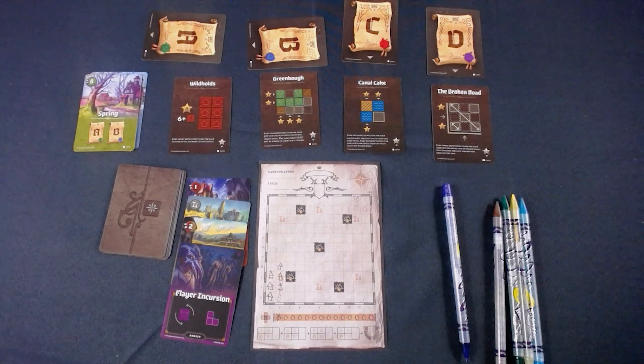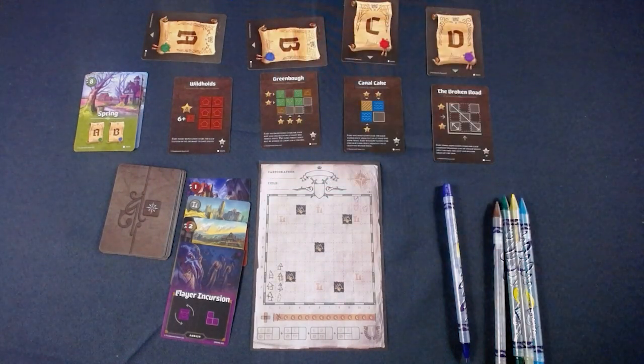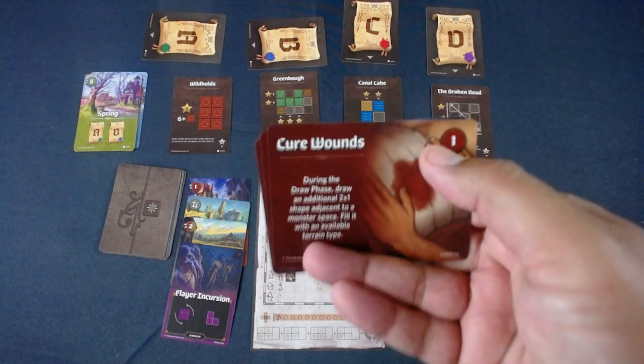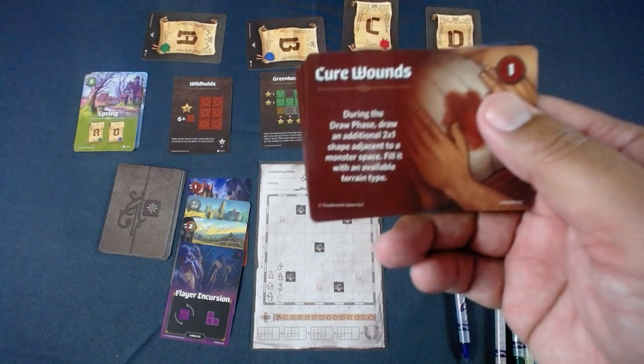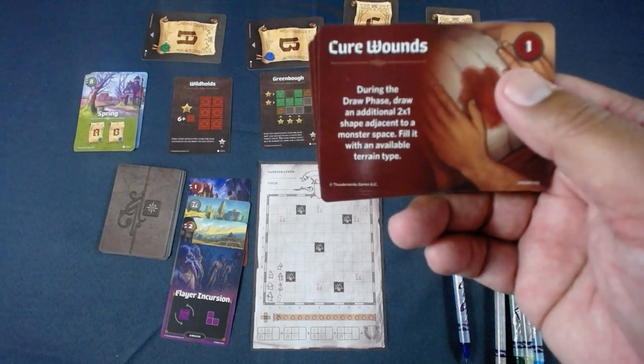I don't normally recommend that people seek out promos, but in this particular case, I think the promos are really fun. So these promos are the skills cards. Normally in the base game, the coins are pretty flat. This time you get to use the coin once per round, spend the coin and get some kind of cool power. So in this particular case, I would basically discard this card and draw an additional 2x1 shape